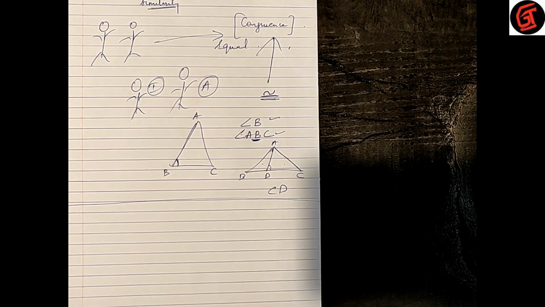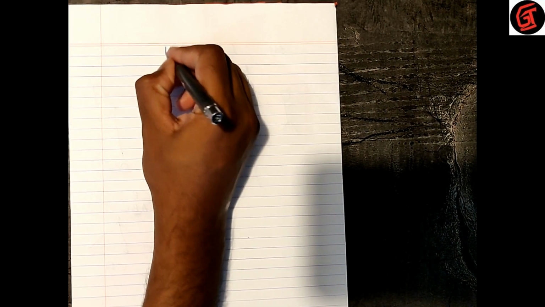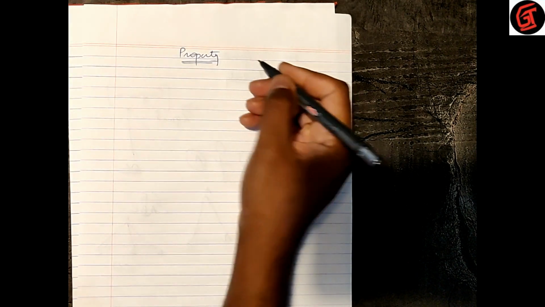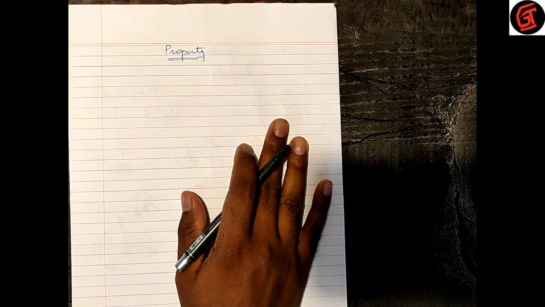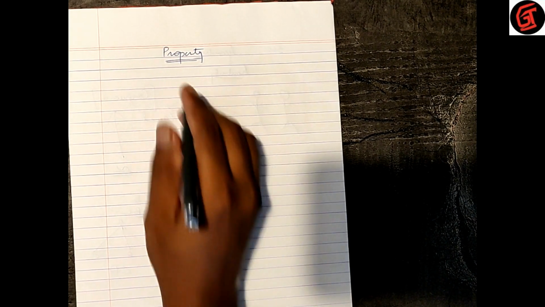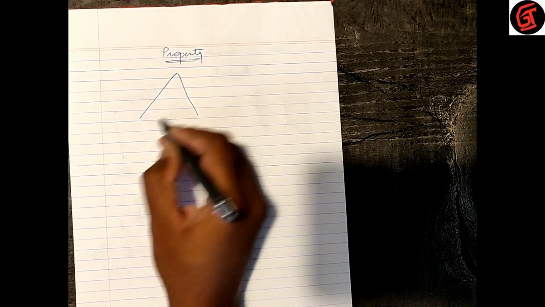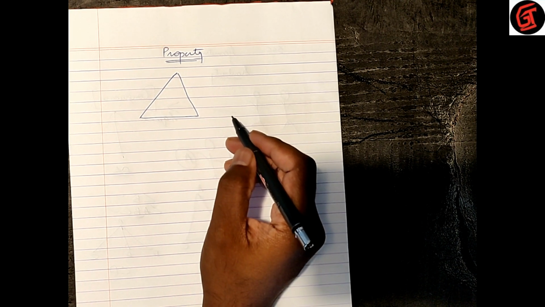Okay, so let's start. The first part we are going to do is certain properties. Now this is a very important property, not only in this chapter, but in all the remaining chapters in this portion of geometry for the 10th standard, Maharashtra State Board. So we'll learn the first property. If you see in your textbook, you have the first property. The name of the property is ratio of areas of two triangles.